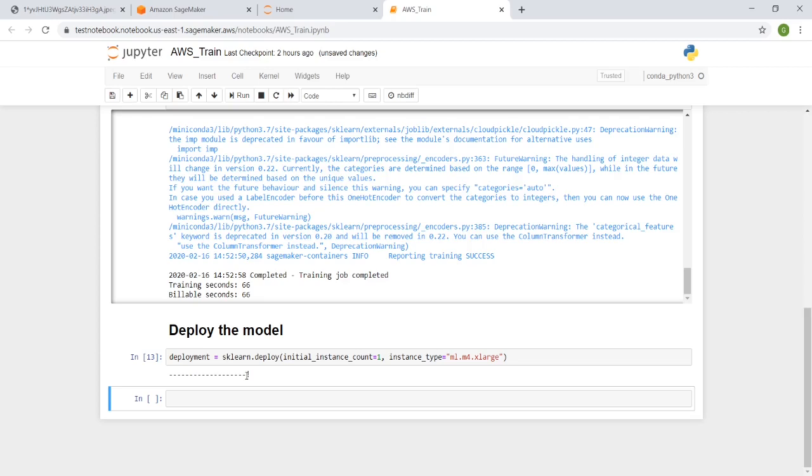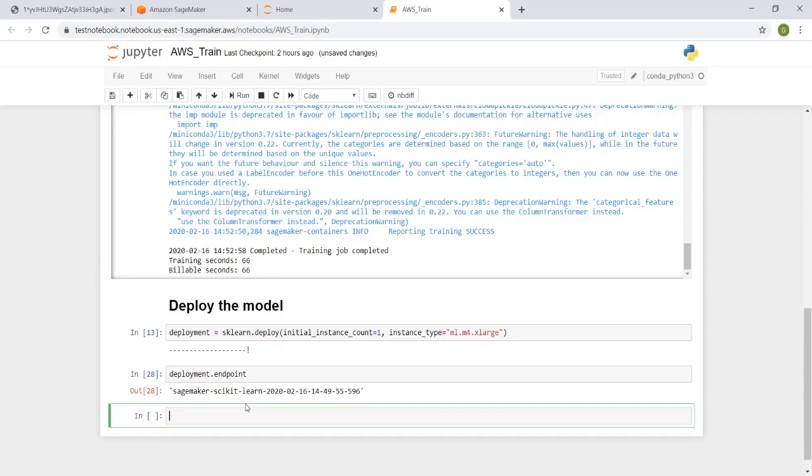Once your deployment is done, we'll see what our deployment ID is. To see it, you can say deployment.endpoint, and you'll get your deployment ID. So this is your deployment ID. By using this deployment ID, you can integrate this model with other services to make predictions. Once you are done with getting the endpoint, the next step is, as you have deployed your model,